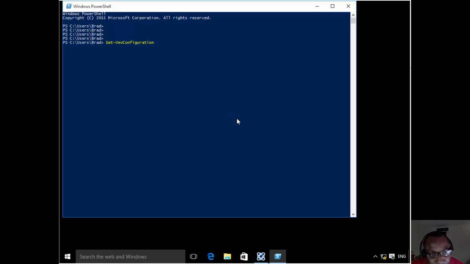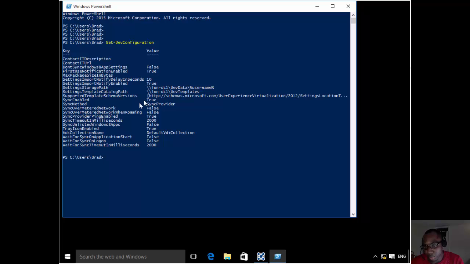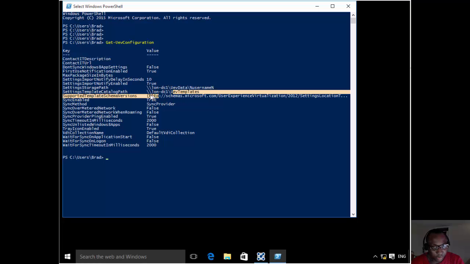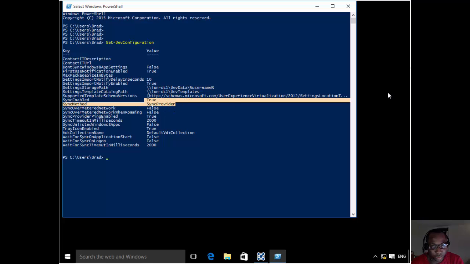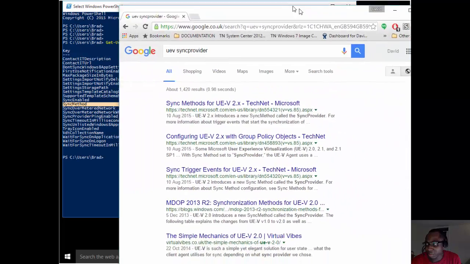So we did this earlier, and we saw where settings were stored, where templates were stored. And then I want to show you what the synchronization method is. So see where the settings are stored, where the template is stored, and then the sync method, which is sync provider. Now let's actually bring up Google to talk about that. So if I go UEV